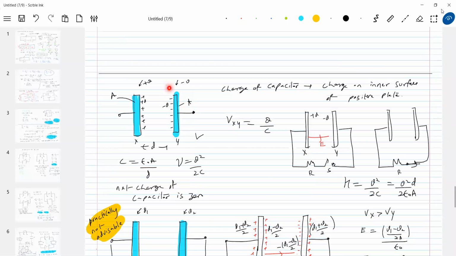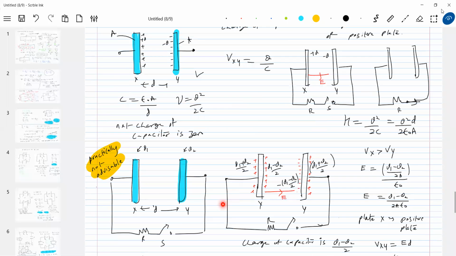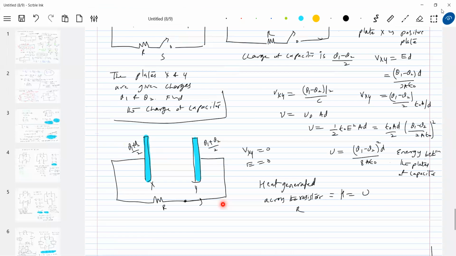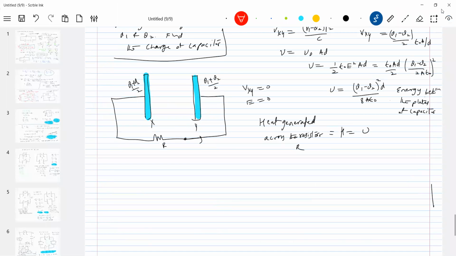So how to give this plus Q and minus Q? Just connect across the cell, problem solved. So which energy is useful for application? Energy between the plates. So I'll write a very powerful statement: energy confined between the plates is useful for